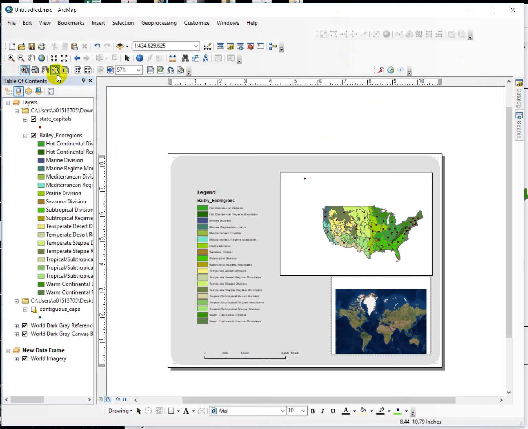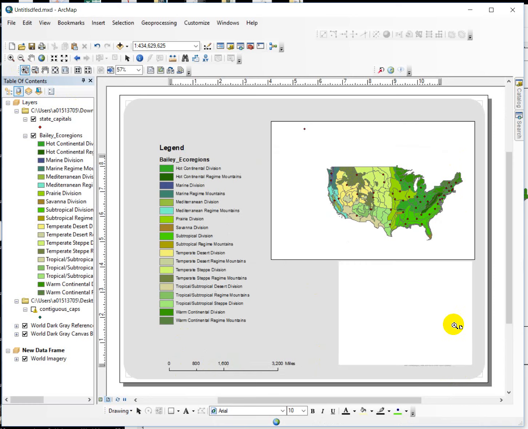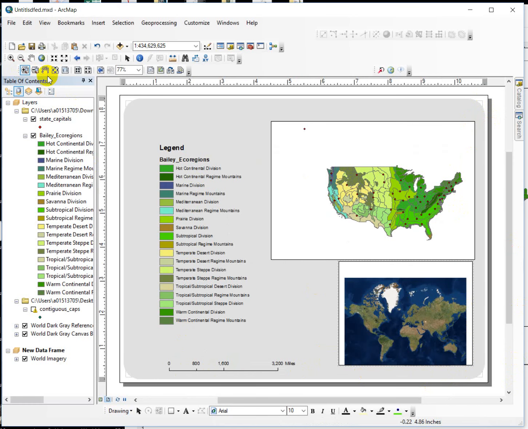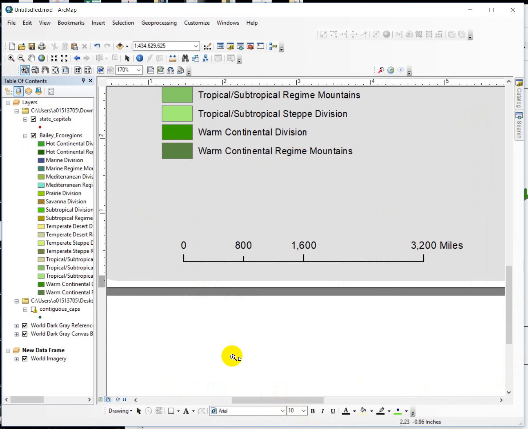So this whole toolbar down here is dealing with the paper, and I'm in layout view right now, and that's this thing right here. So if I wanted to zoom in, for example, and just fill my screen with this piece of paper, I can use that zoom tool. Or if I'm looking for detail on my scale bar and I want to zoom in on that, I can do it that way. Likewise, I can back out,